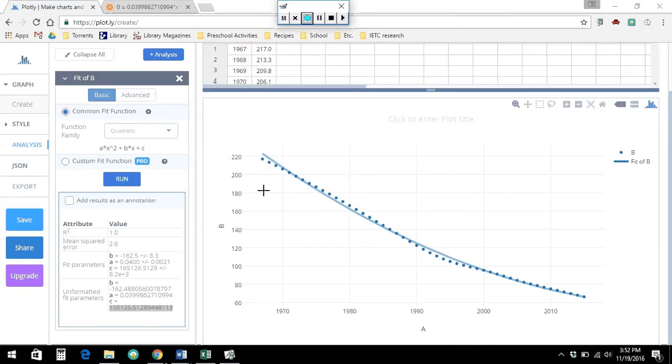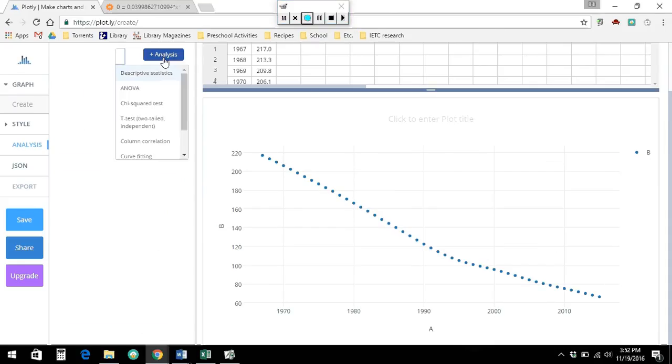All right, there are two more non-linear regression models I want you to run. As long as you followed me okay with the quadratic regression model we just did in the previous video, I'm not going to go through everything in depth again. I'm just going to show you the other two things that you need to do. So go ahead and X out of this, go back up to Analysis, go down to Curve Fitting,